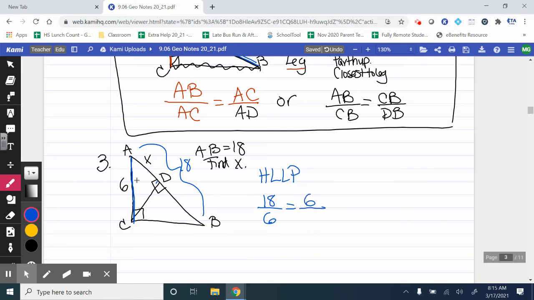And then we're going to do the part closest. So the part of the whole hypotenuse that's closest to the 6, which would be this part right here, which is actually just your X. If I wanted to use the other part, I would have to call that one 18 minus X, since X is already labeled. And now you're going to cross multiply and solve. So we have 18X equals 36 and X equals 2. All right, let's try